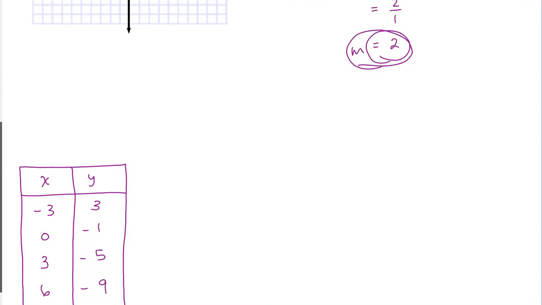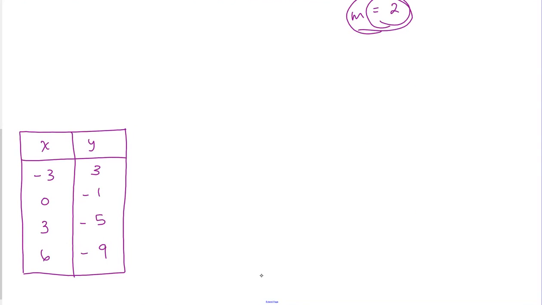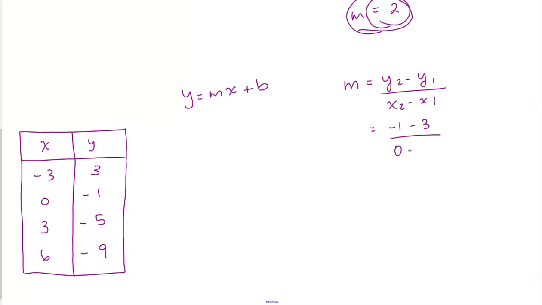Now what about if they give us a table? So let's look at this table here. We're going to do the exact same thing. So I'm just going to put this up here for a reference so that we remember exactly what we have to do. And we're going to use, again, the same formula for finding our slope. Okay, and in this case, I'm just going to use the first 2 points that they gave us right up here. So we're going to go -1 minus 3 over 0 minus